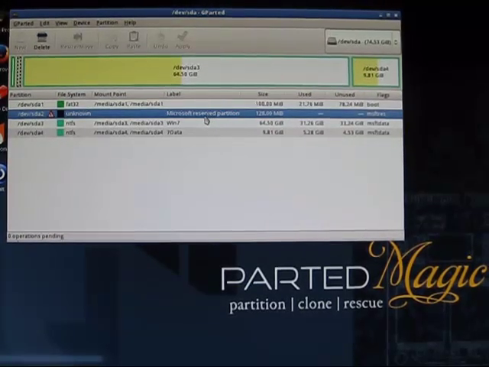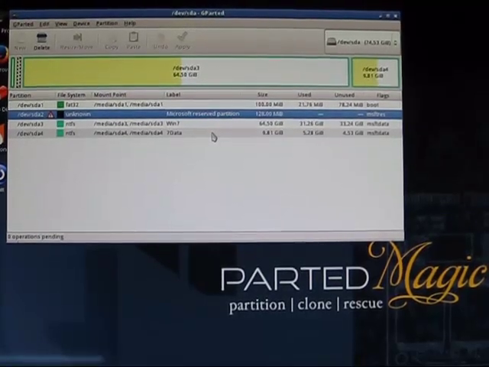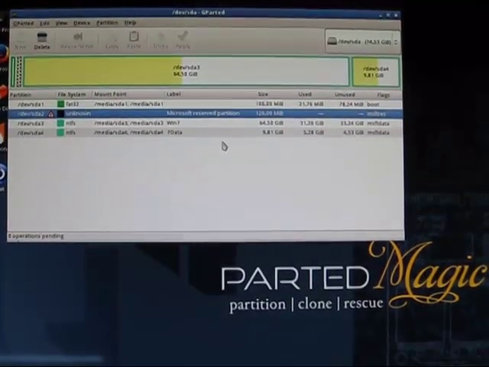Secondly, it created the Microsoft reserved partition, and this is really only needed for conversion from a basic disk to dynamic disks in Windows. Some other programs might need to have access to this, but it's very unlikely that you'll run into that. However, PartedMagic is unable to create this partition, so unless you really want to have that reserved partition, you'll have to use the second method, which is a little bit more involved,